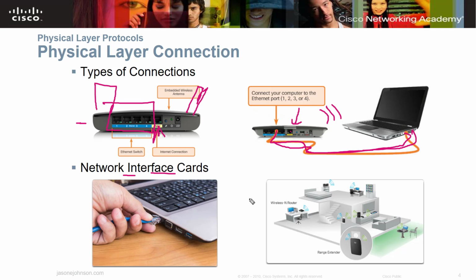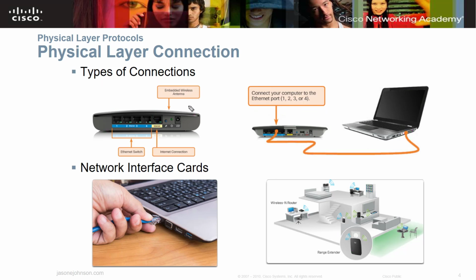And so you can connect in a lot of different ways. You can plug in an Ethernet cable through an RJ45 connection here, or you can use wireless routers. You can also, and we talked about this in a previous chapter, put in range extenders. This range extender picks up the signal from the router and then passes it on to devices, so that if you're not getting a signal far enough, you can put those in place.